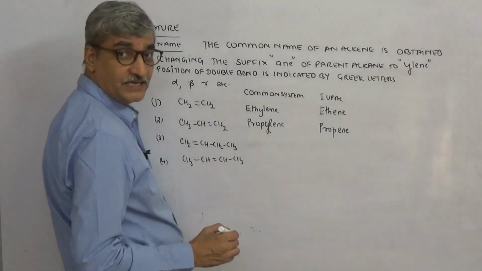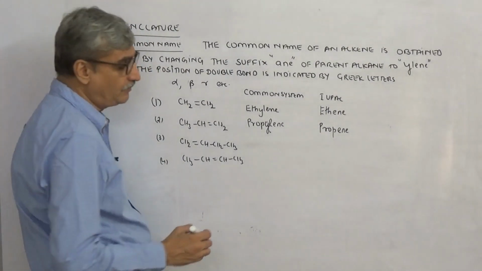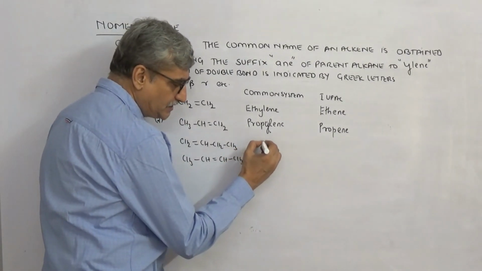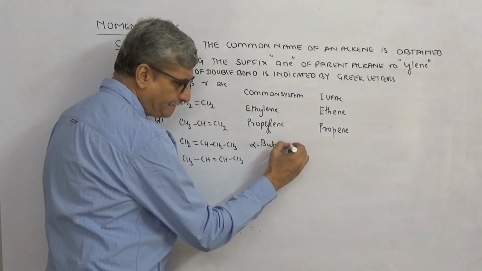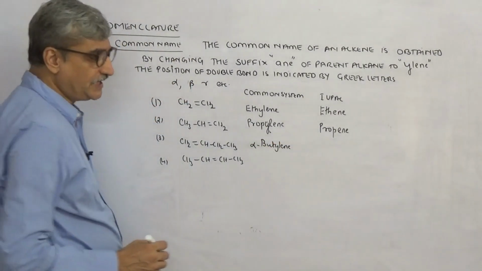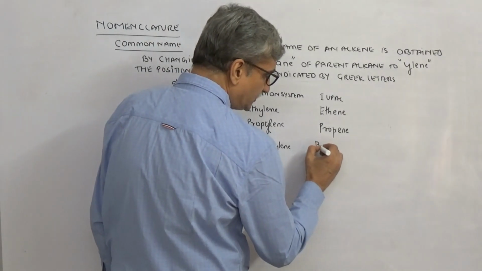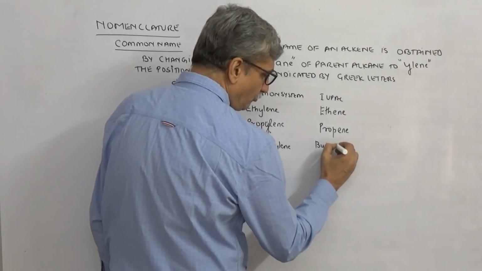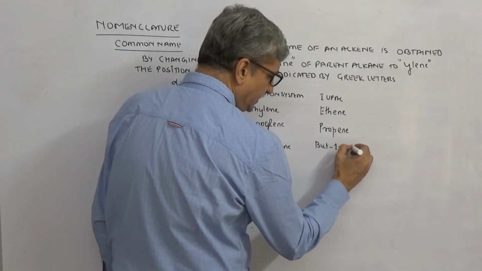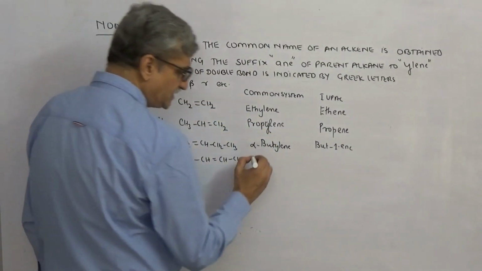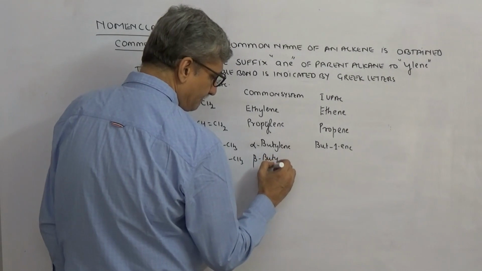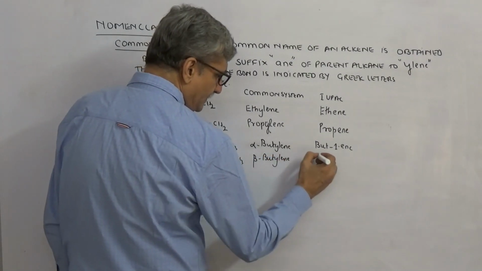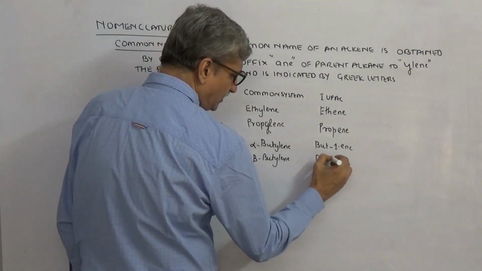Since the double bond is on the first carbon atom, this will be called alpha butylene, whereas in the IUPAC system it will become but-1-ene. This is beta butylene, whereas in the IUPAC system we will call this as